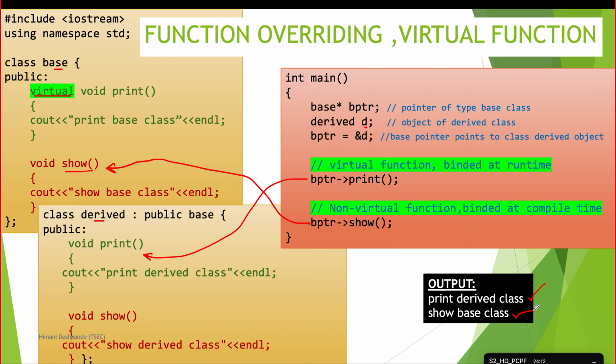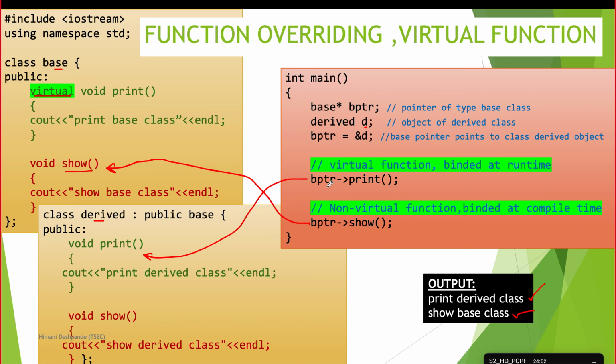But ma'am, in function overriding, we create the object of the derived class, right? Yeah. So we create the object of the derived class. Initially we have seen if we create the object of the base class, then base class function will be called, right? Yes ma'am. Yes, but in this case what we are doing, we are creating the pointer of the base class only, and using that pointer if we are trying to call, then if the function is virtual, it will not call the base class function. Instead of that, it will be diverted to the derived class function.